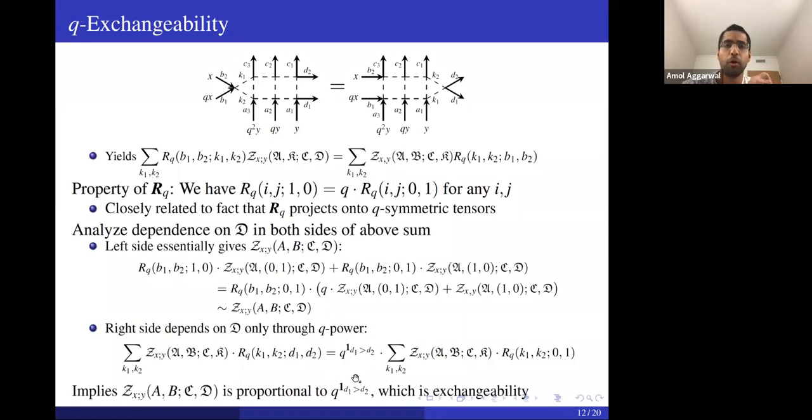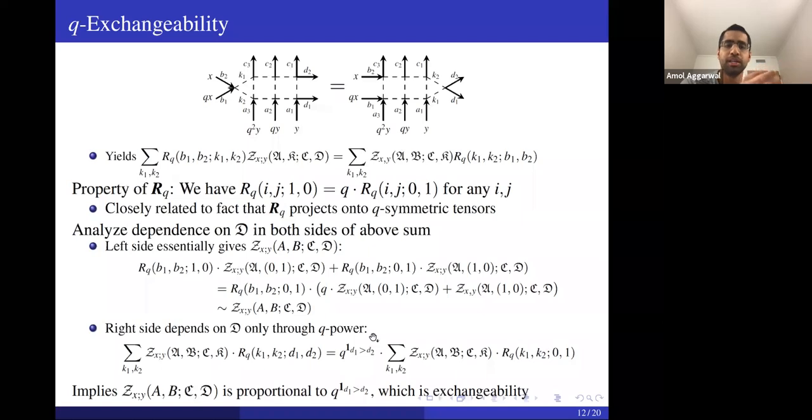Okay, so that gives me only a power of Q that depends on whether or not my D1, D2 was a 0, 1 or a 1, 0. So in particular, what this is telling me is that if I equate the left and the right side now, on the left side up to some summation, gives me my weight Z of XY of ABCD. And on the right side, it gives me something that's independent of D, except for this single power of Q